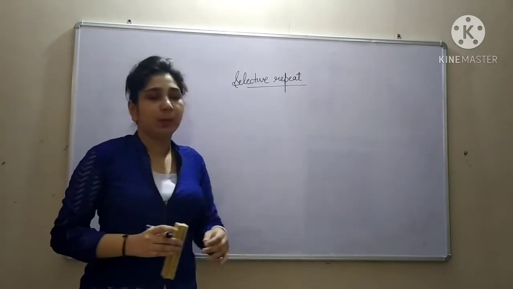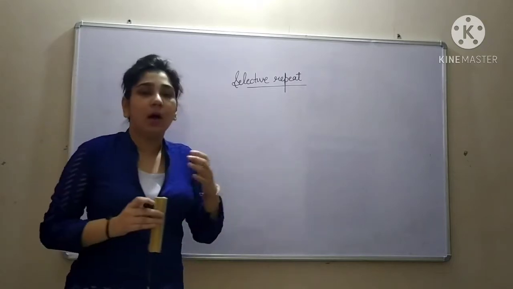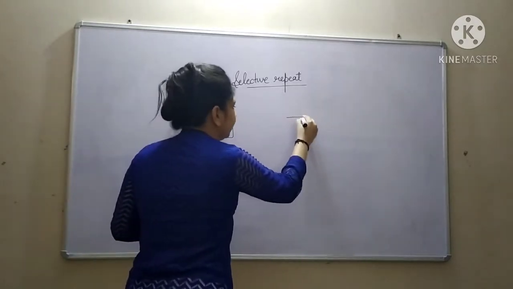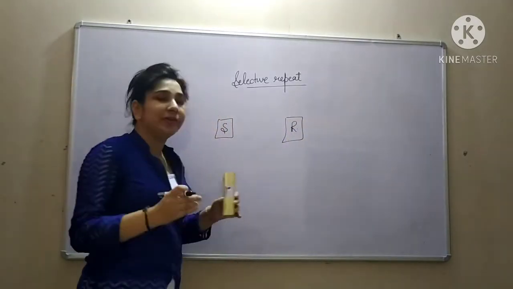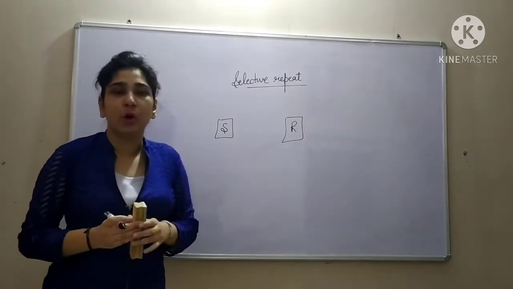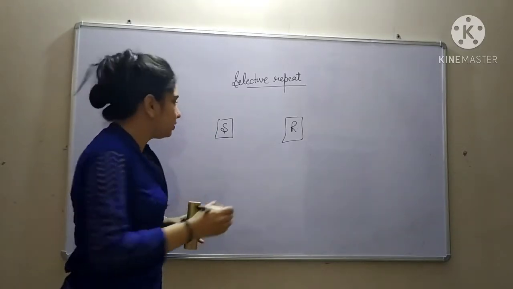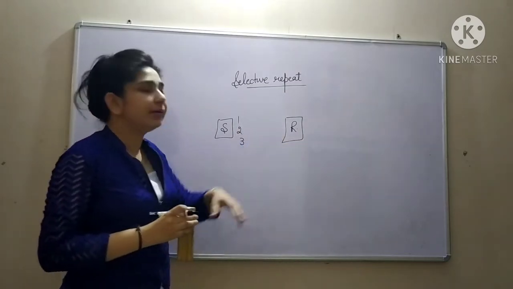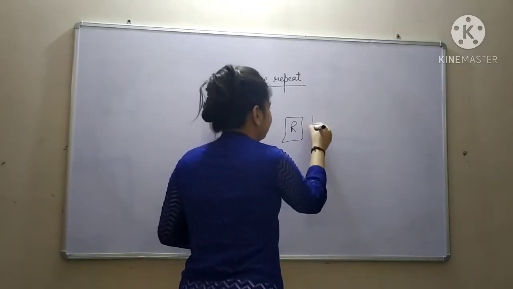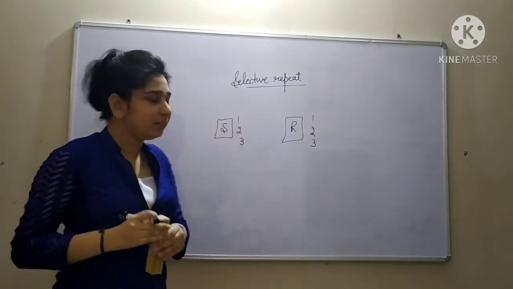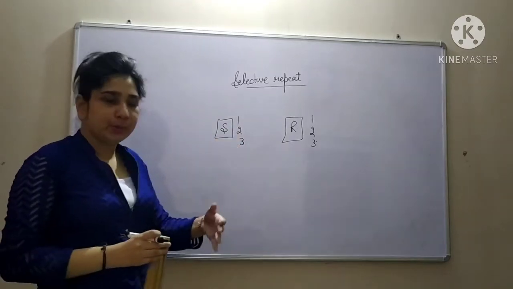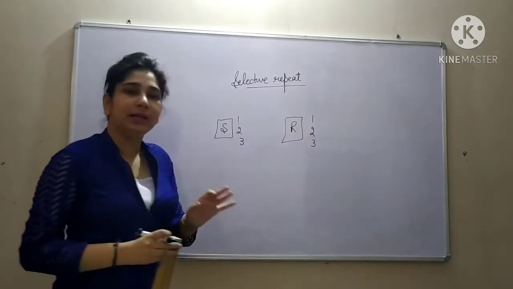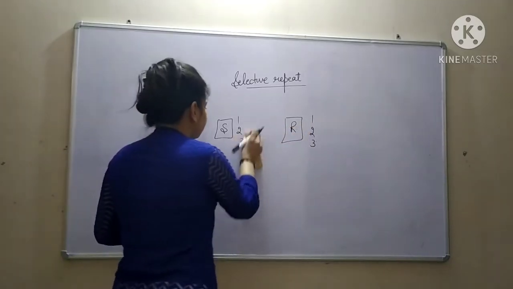So the first thing we need to understand is the order in which, this is your sender and this is your receiver. I already told you in go back N, the order in which the sender is sending the messages, the same order the receiver should receive it. If I am sending packets 1, 2 and 3 to the receiver, the receiver should also accept all the packets in the order 1, 2 and 3. And in go back N